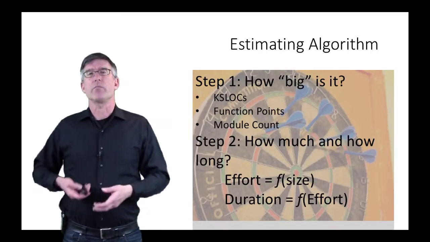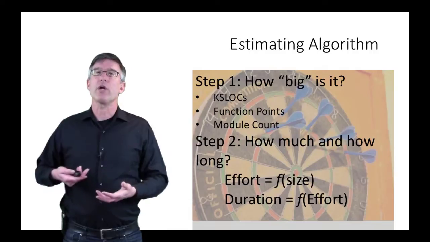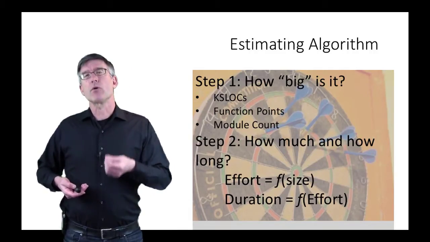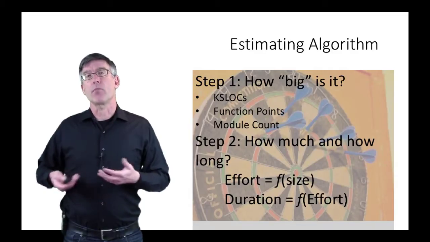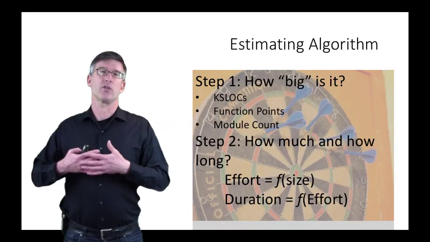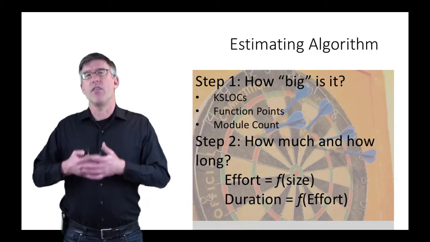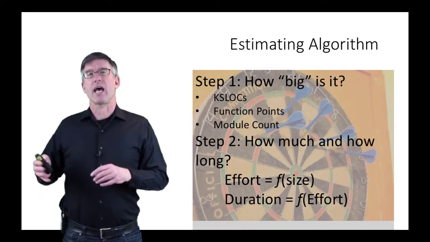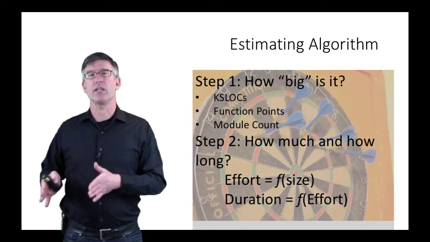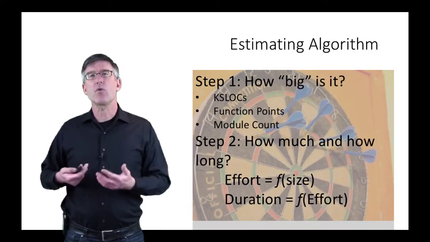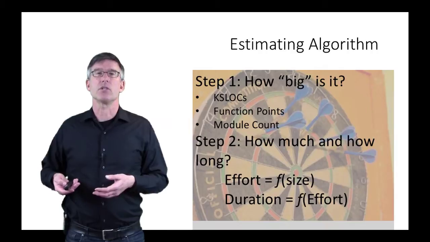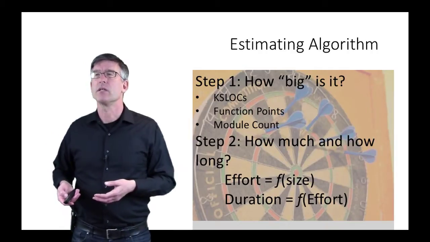And then the duration would be, well, given how many people we are going to have and the number of hours, out of that formula would pop how long the project would take. So you could look at a project as it's going to be effort-wise this many staff months, and if we have X number of people, then we can deliver it in these calendar months. So that was typically the way we've estimated probably since the beginning of software development.